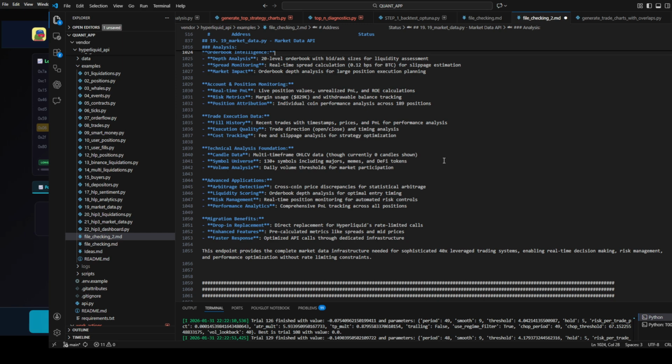Migration benefits: drop-in replacement, direct replacements for Hyperliquid's rate-limited calls, enhanced features, pre-calculated metrics